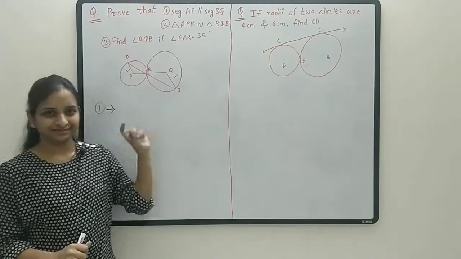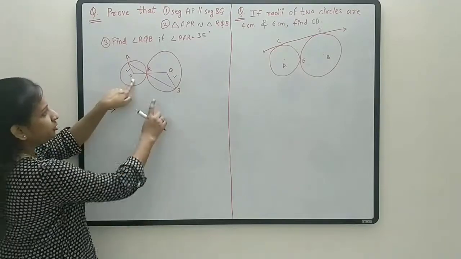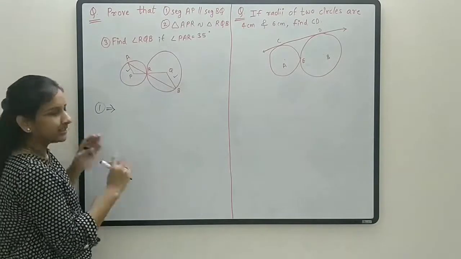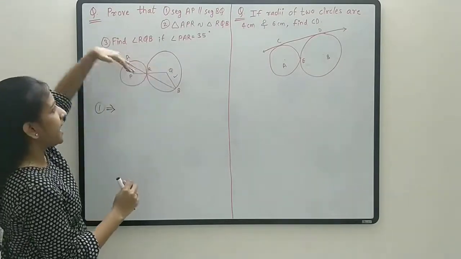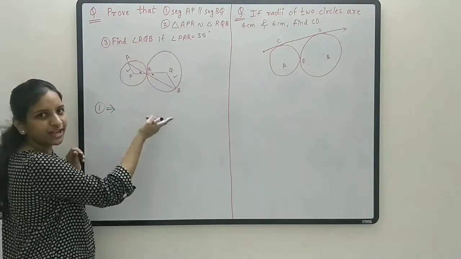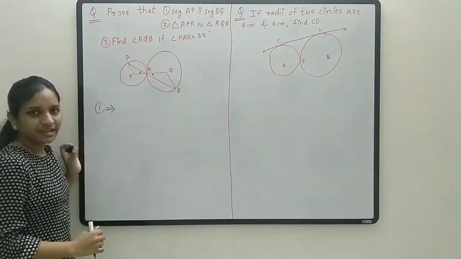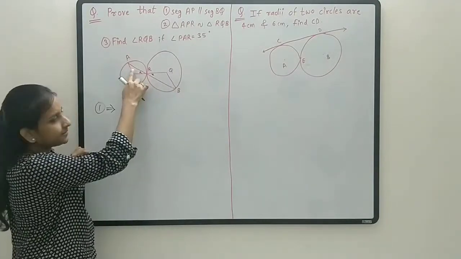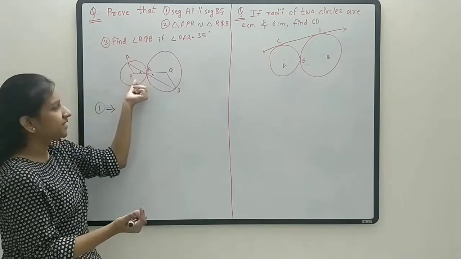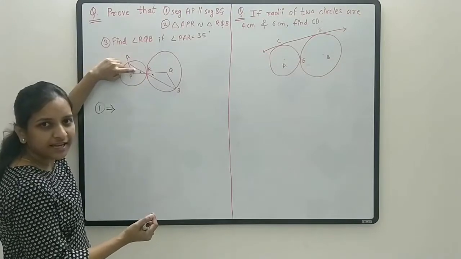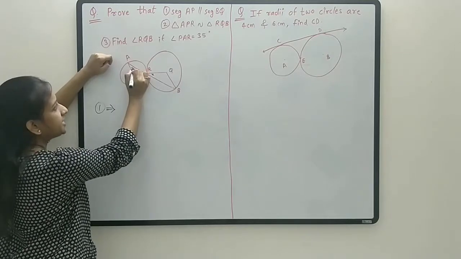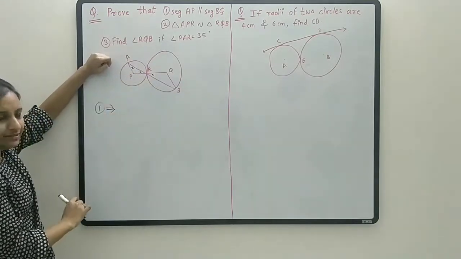How to do that? See, just now we have seen that the two centers and the common point are collinear. So PQ is a line. They are collinear means this is the line, and again AB is a line. So this angle is equal to this angle. Opposite angles, right? Again, consider this triangle. Here PA is equal to PR because they are radii of the same circle. So this triangle is an isosceles triangle, right? So in an isosceles triangle, angles opposite to the equal sides are equal. So this angle is equal to this angle. Fine.